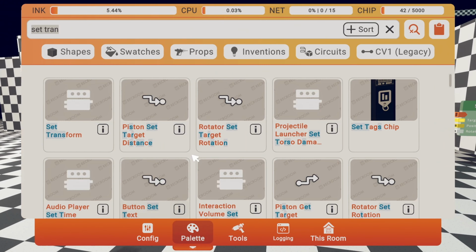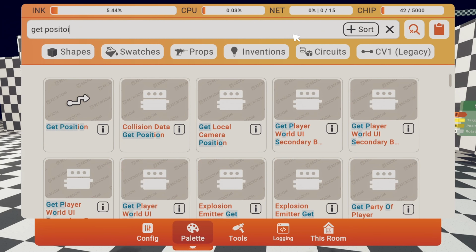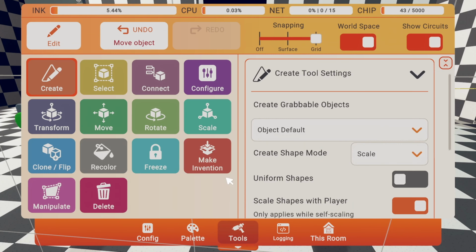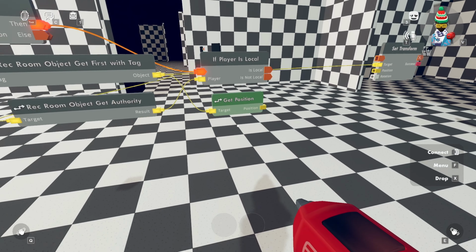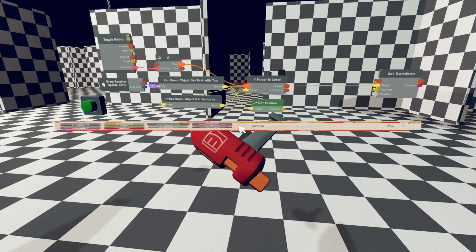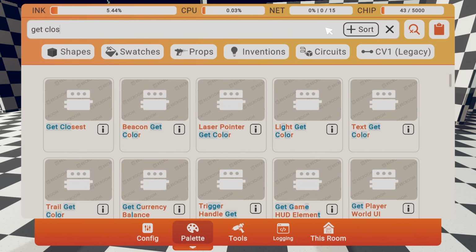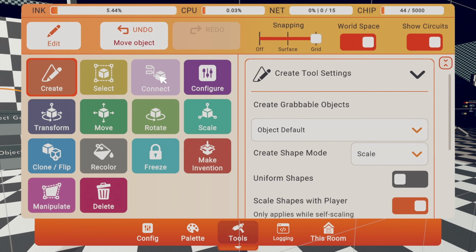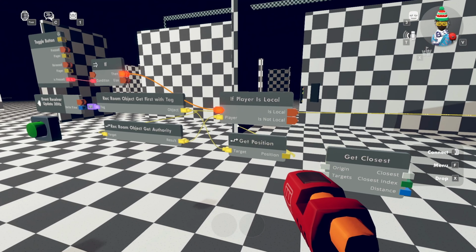Another thing we're gonna get is a get position right here. And what we're gonna do with this is get the object again from the first tag and put that on the target. Okay, yeah. And once you do that, you're gonna get closest. Gonna get that chip. And the origin is gonna be